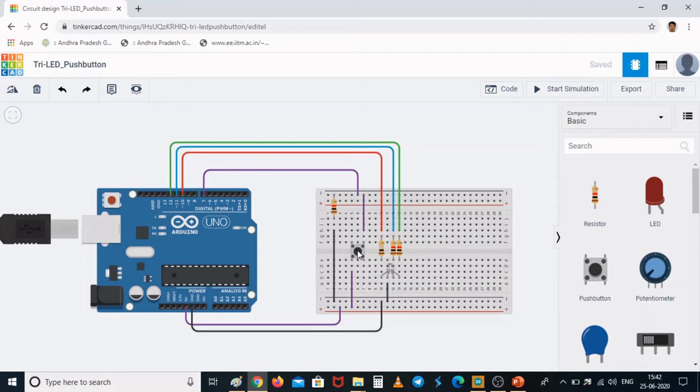Okay, and also you could see that a resistor has been connected from this terminal to the ground. So even when you don't press this push button, some voltage needs to be passed, otherwise your microcontroller is going to become idle. So in order to make some voltage pass, I have connected a resistor with which 0 volts is being passed to the ground, right?